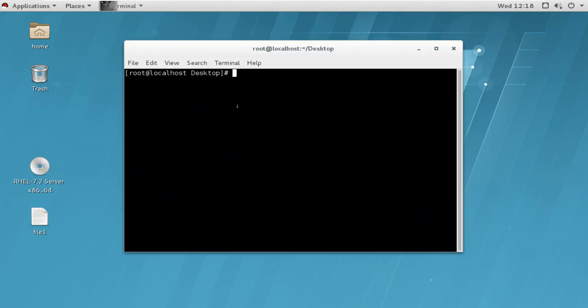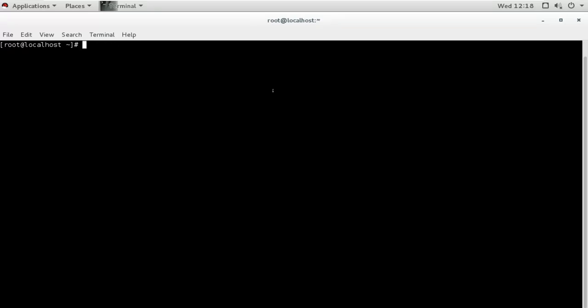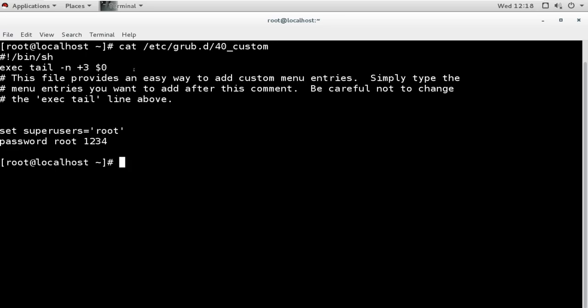Suppose I am logged in here and I leave my terminal for just 2-3 minutes or 5 minutes, anyone can just run the command cat /etc/grub.d/40_custom, and they can see the username and the password.